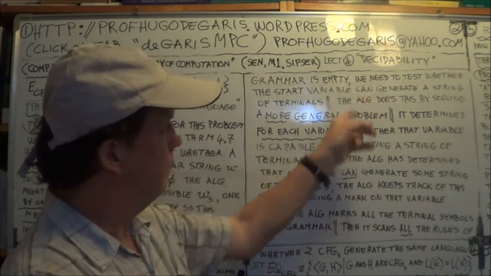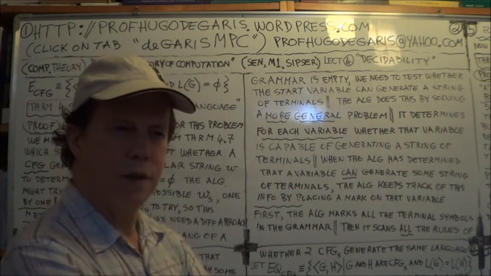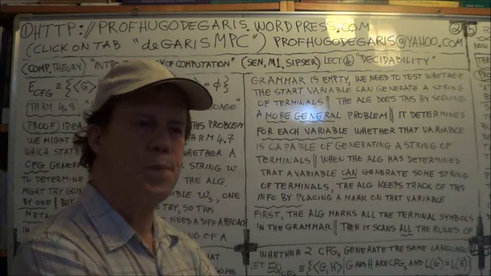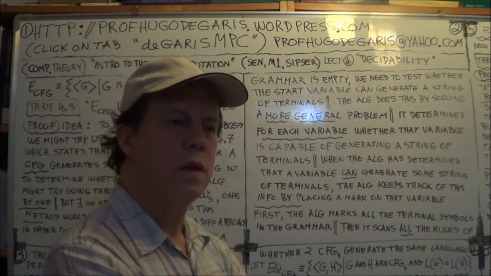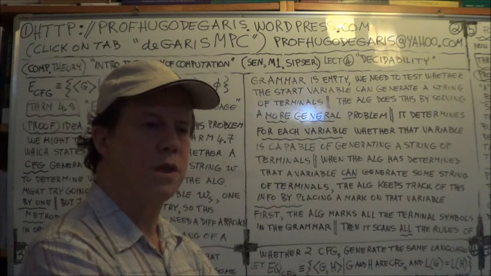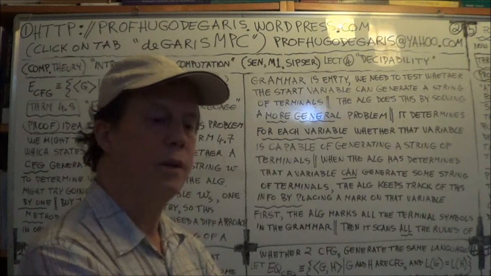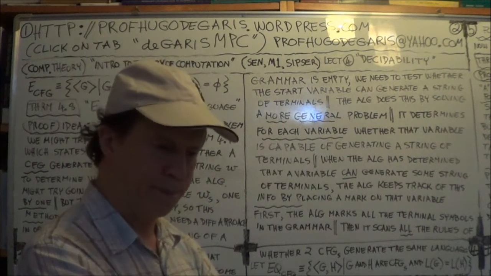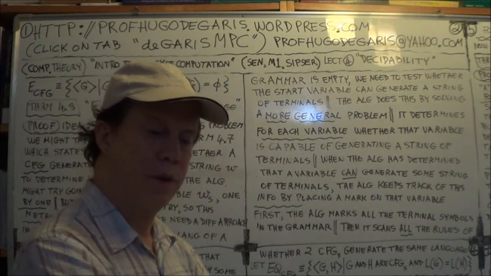So the core of this proof now is to concentrate on how could you show that for a given grammar it does not generate any strings. Okay, that's the core idea. All right, run with that. Well, how would you show that for a given grammar there are no